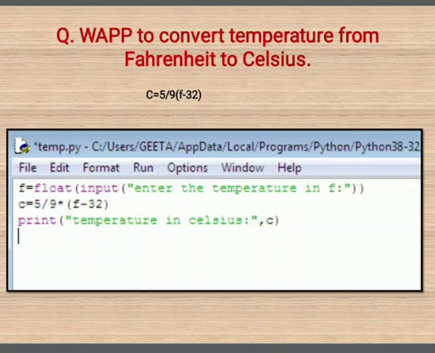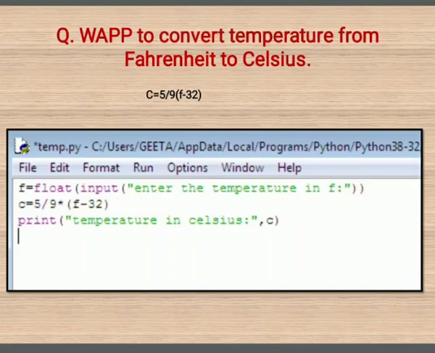Now we will begin with the second step, the actual calculation. Have a look at the formula: 5/9 (F - 32). In mathematics it is clear that if we have not written anything between 5/9 and (F - 32), it is understood to be multiplication. But if we don't write anything in Python, it will give an error. So the multiplication symbol is compulsory in Python expressions.